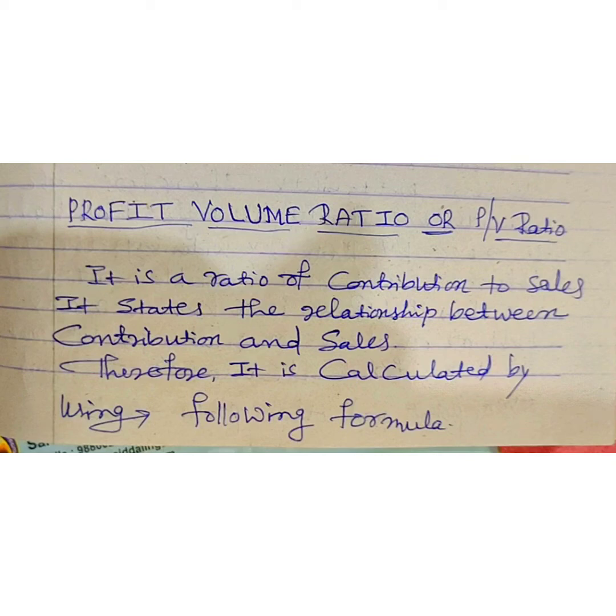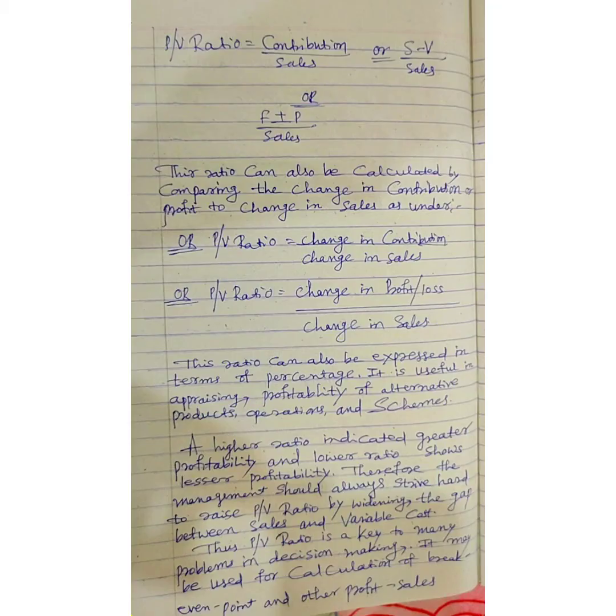Profit volume ratio, or PV ratio, is a new concept for you. It is the ratio of contribution to sales. It states the relationship between contribution and sales. Therefore, it is calculated by using an important formula, that is PV ratio equal to contribution divided by sales, or symbolically you can say S minus V